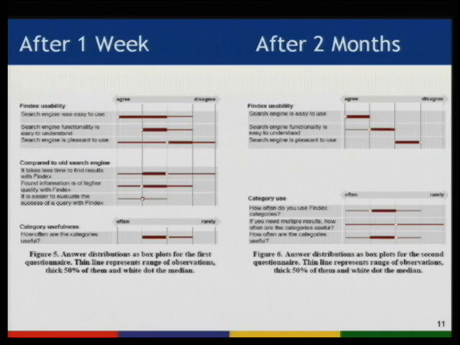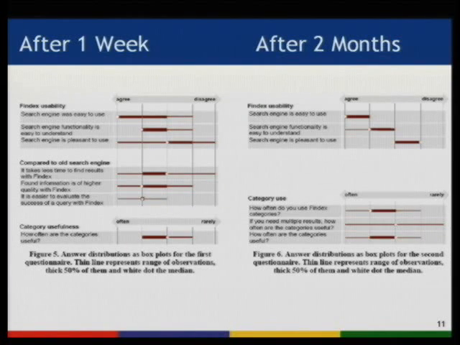So here's a graph from their paper where the details don't matter so much, but what I want to show is how the numbers changed after 1 week versus after 2 months, the big shifts in the qualitative responses to agree or disagree for different aspects of the interface. When you just do a snapshot after the initial use, that's not necessarily going to be realistic for the long-term view. So I've been encouraging in my teaching and my talking, I've been encouraging people to consider longitudinal studies as a good interface paradigm.